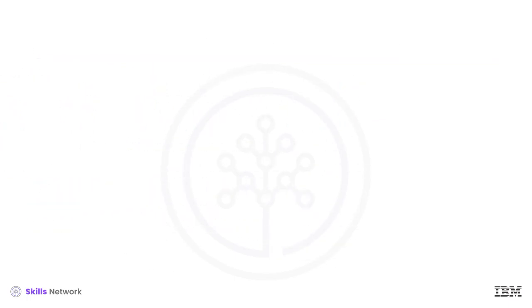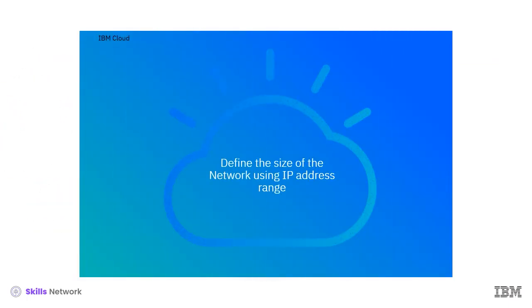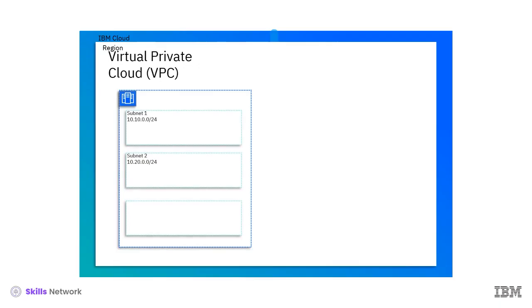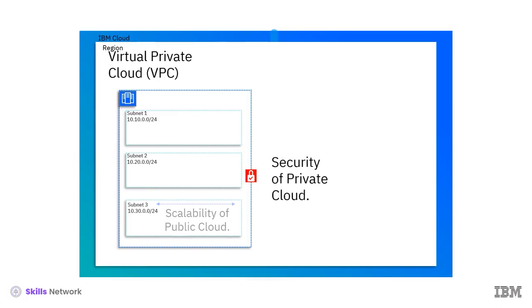To create a network in the cloud, one starts by defining the size of the network or the IP address range that establishes the boundaries of the cloud network. Cloud networks are deployed in networking spaces that are logically separated segments of the networks using options, including Virtual Private Cloud, or VPC, that in turn can be divided into smaller segments called subnets. Logically segmented cloud networks are a private carve-out of the cloud that offer customers the security of private clouds and the